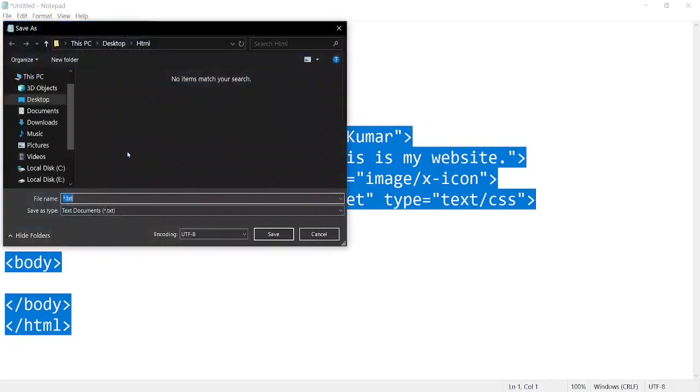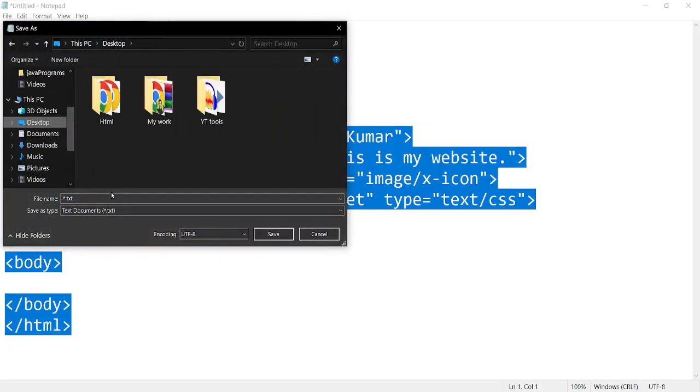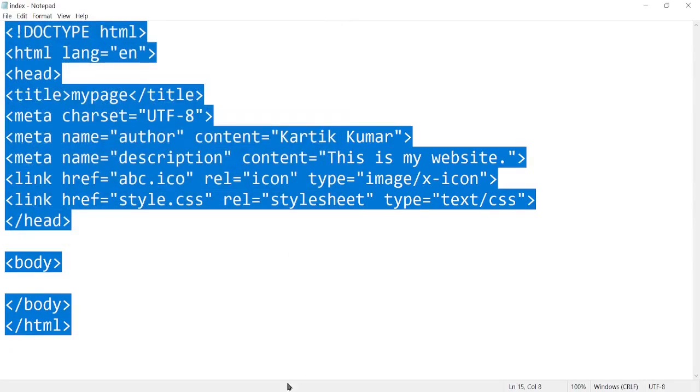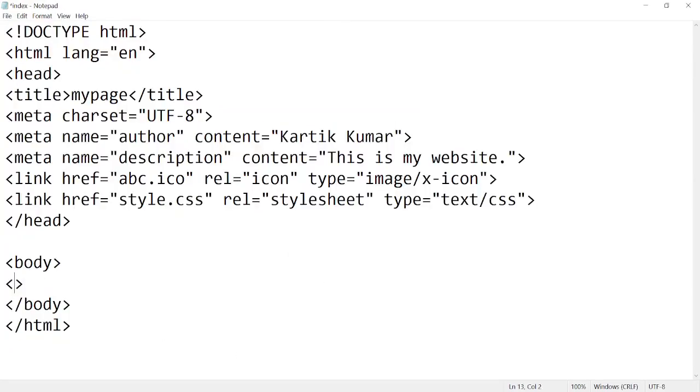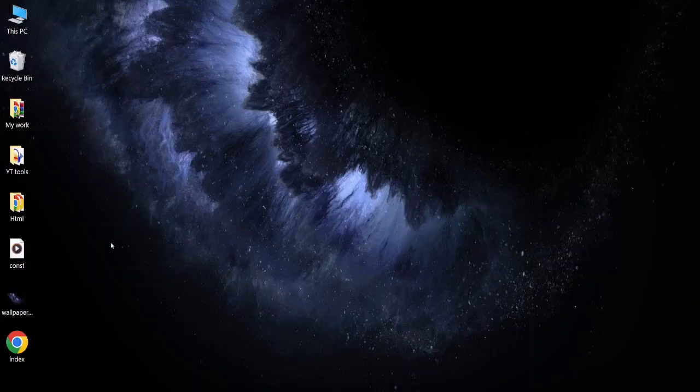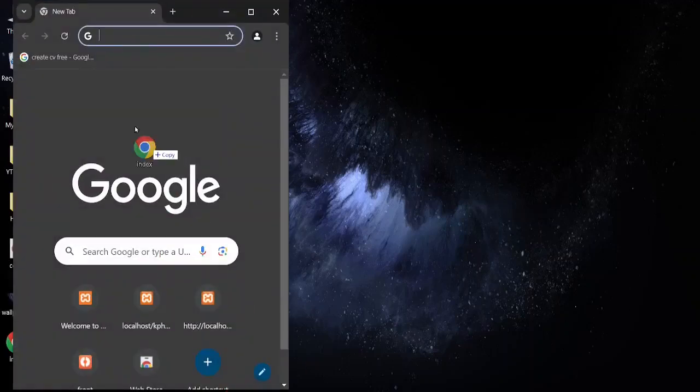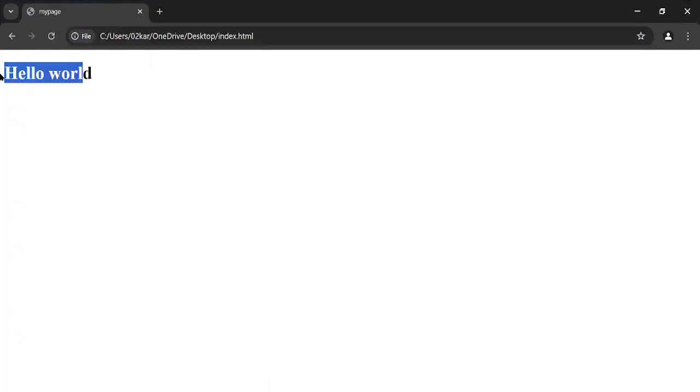I just save this file on the desktop with the name index.html. Always save the files with .html, and index is the default name, or I can say the name which the server uses to load the landing pages. So I just save over here, and I must also write over here something like hello world in an h1. I will save this and open the file. Here is the index. So I just drop it over here. As you can see, hello world.